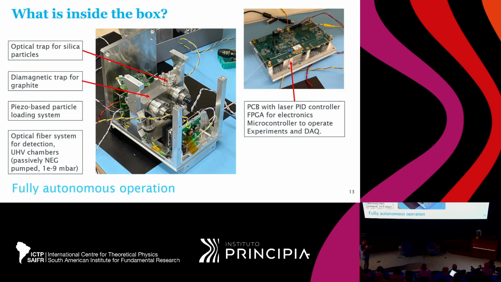So upon a trigger from the satellite, the whole procedure starts and runs a protocol to load the particle, trap the particle, and then detect the motion. And here are the vacuum chambers. This is a 10 centimeter long stainless steel vacuum chamber. Here's an optical trap, and here's this diamagnetic trap, and we will then in orbit use these and take